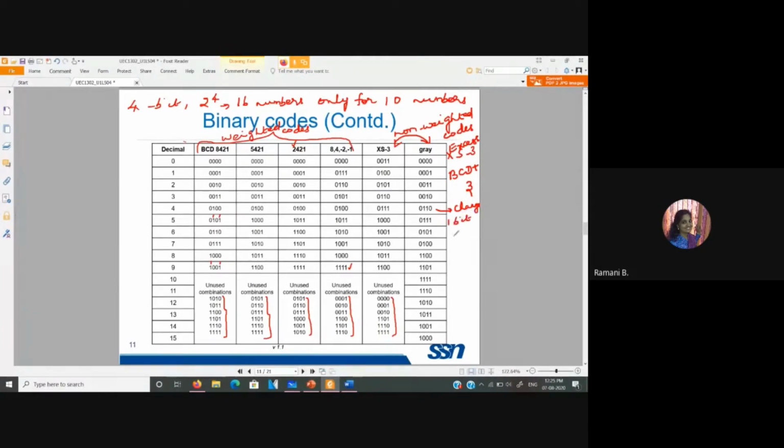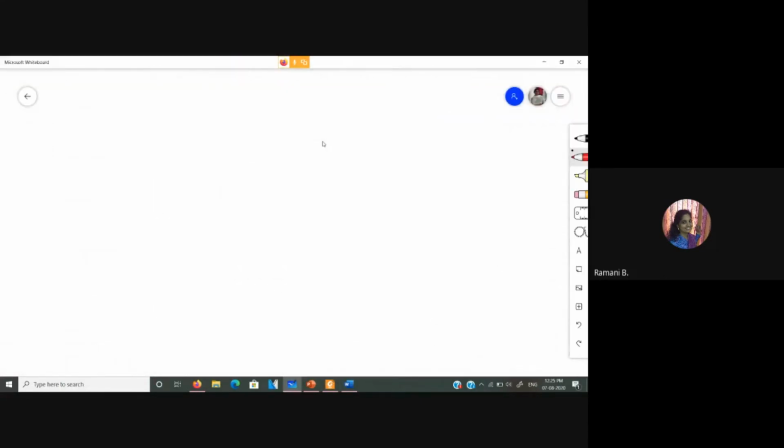The gray code also has the name reflected code, as I mentioned in the previous slide. It is called reflected code. And as I said, this changes one bit at a time.